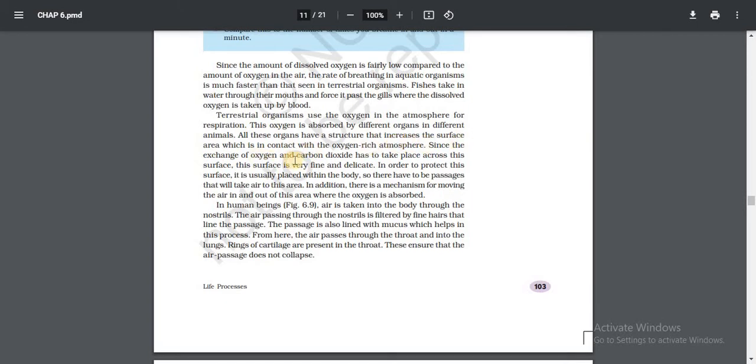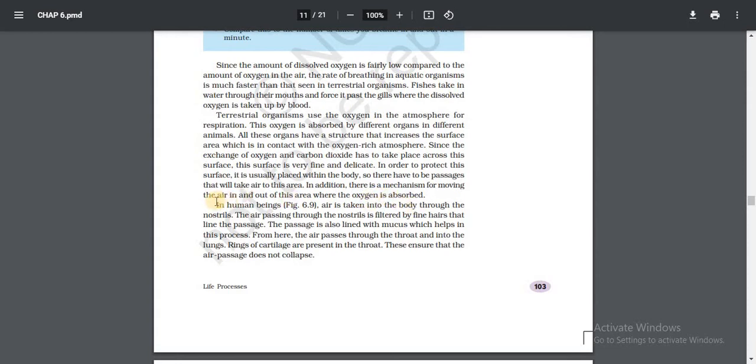Since the exchange of oxygen and carbon dioxide has to take place across this surface, it is very fine and delicate. In order to protect this surface, it is usually placed within the body. So they have passages that will take air to this area. In addition, there is a mechanism for moving the air in and out of this area where the oxygen is